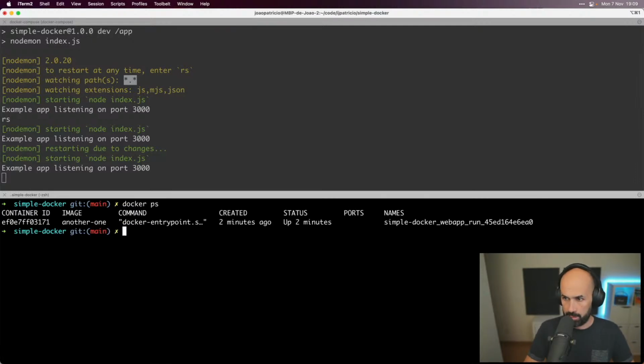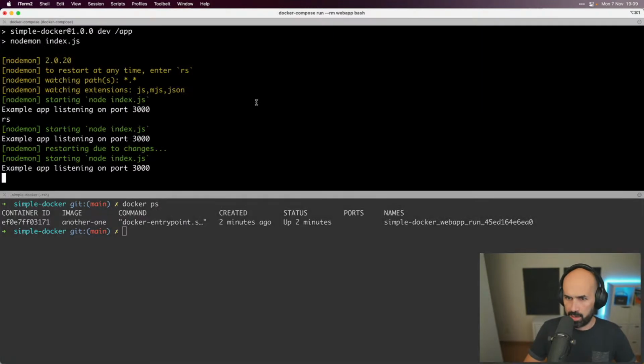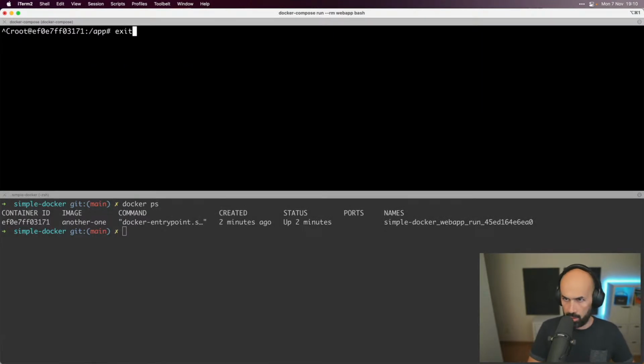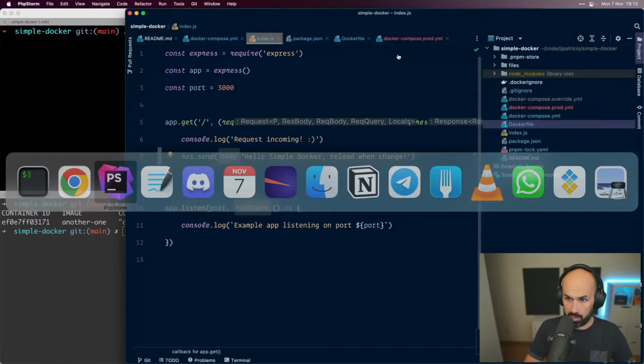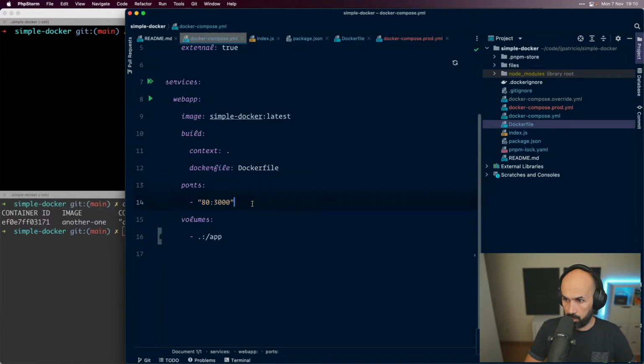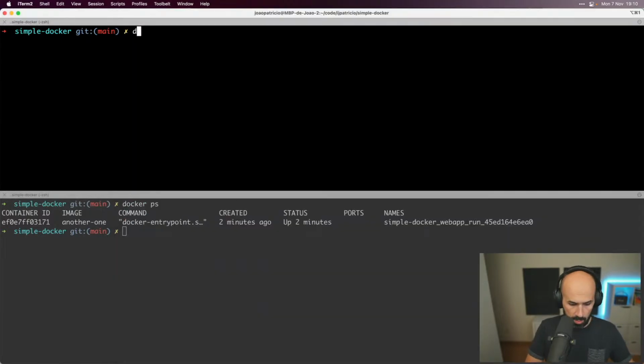Okay, yes, and no ports mapped. Oh right, because I ran it out of the one-off command. I didn't run up, right? So I did my one command, so it was not mapping ports. But now I'm gonna docker compose up,